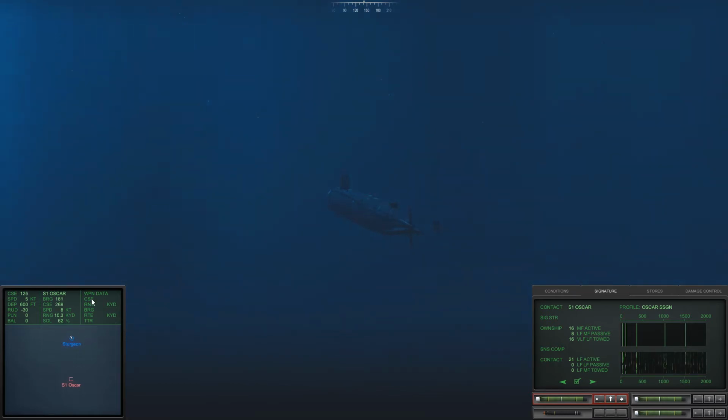But I don't dare to increase my speed because it will increase his passive vision on me, and I don't want that. So he's apparently going that way, so me going that way is pretty good. Now I just hope that he doesn't ping. But they tend to ping quite a lot, so...